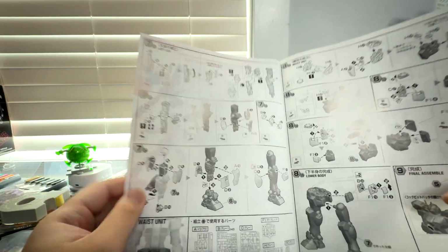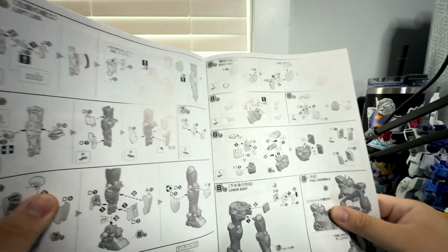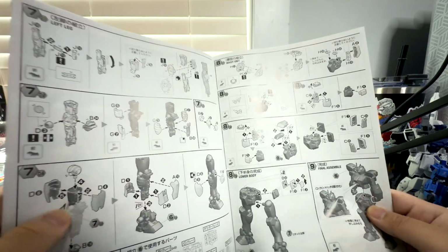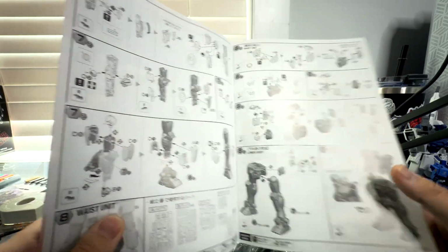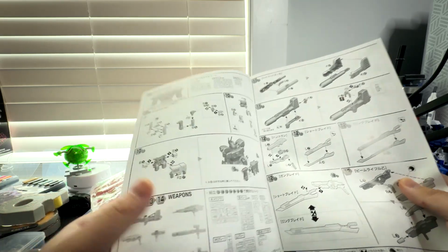Then you get into your left leg, which is going to be pretty much identical to your right leg. Then the waist unit, which is again mostly identical to the Master Grade Arc 72 2.0, and then you assemble the full Amazing Red Warrior. So now we get into the part that's going to be largely different, which is going to be the backpack